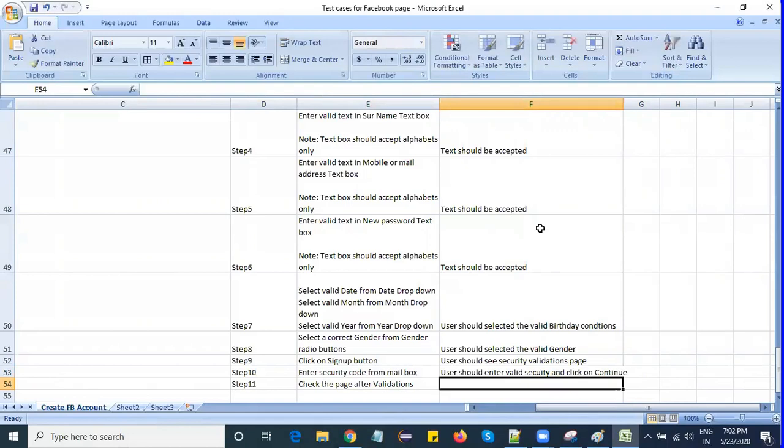After this, everything is validations. After the continue, what will it say? User should see the Facebook home page. Facebook user home page, which means user is able to see his home page. So like this, we can write test cases for Facebook.